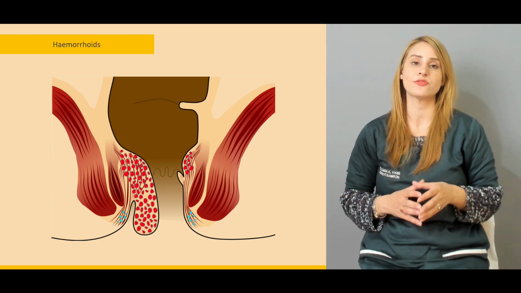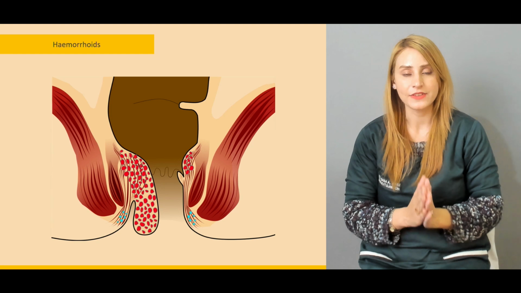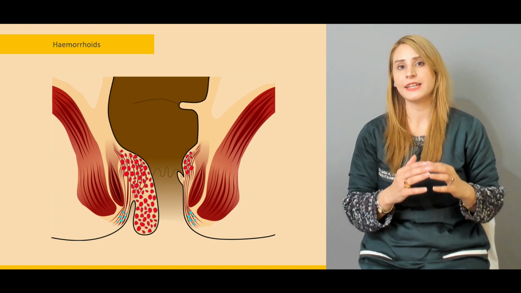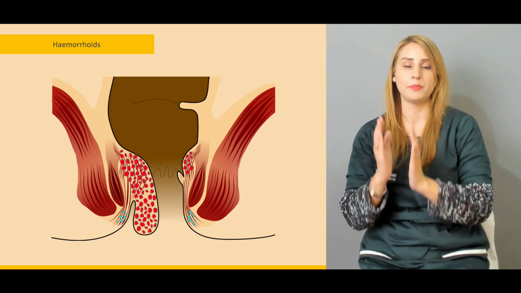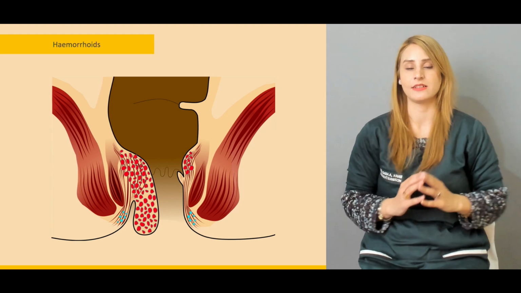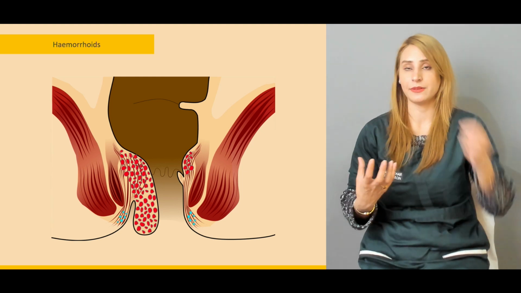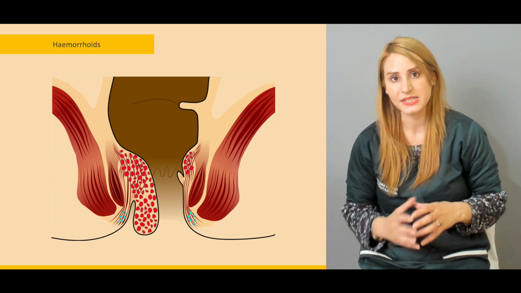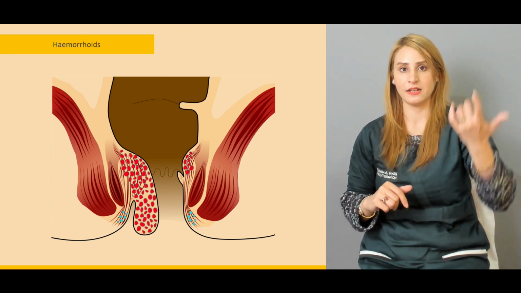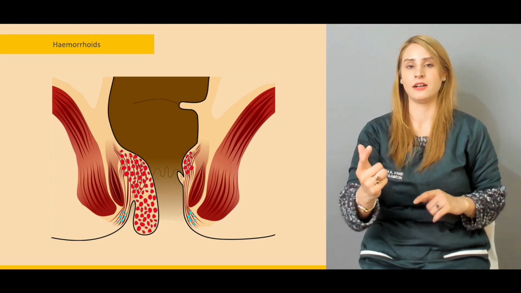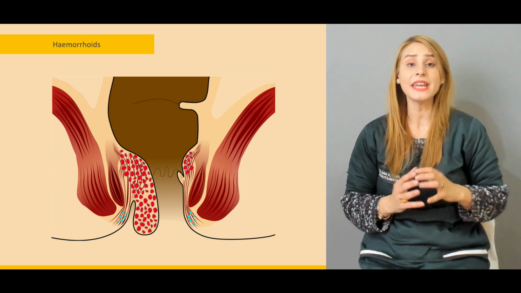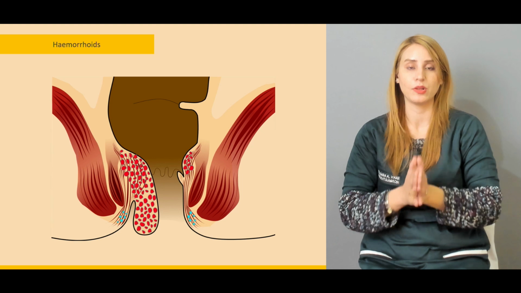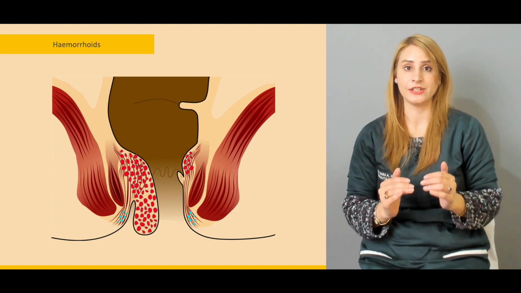If we talk about the venous drainage of the upper and the lower half of the anal canal, they are entirely different. The upper half of the anal canal is drained by the middle rectal veins and the superior rectal veins. The middle rectal vein drains into the internal iliac, but the superior rectal vein drains into the inferior mesenteric vein. Then you have the lower half of the anal canal, and if we talk about its venous drainage,